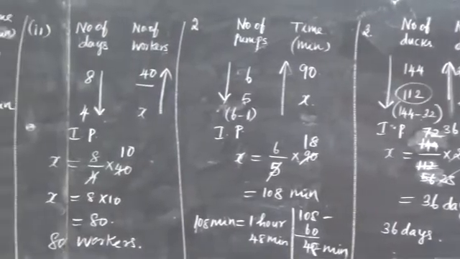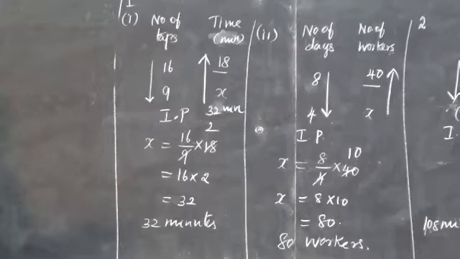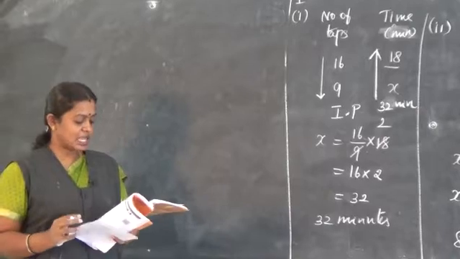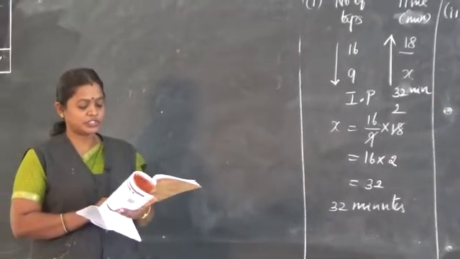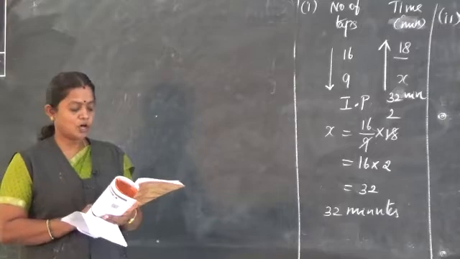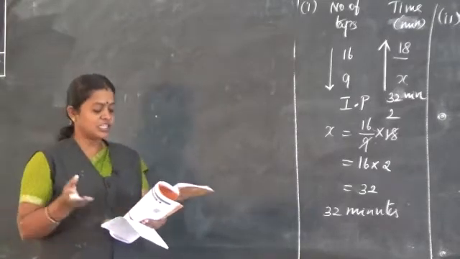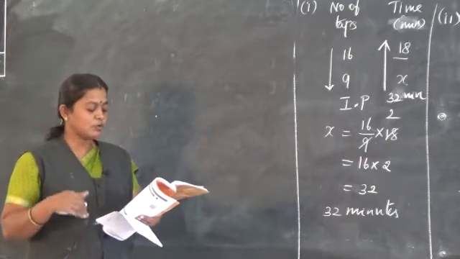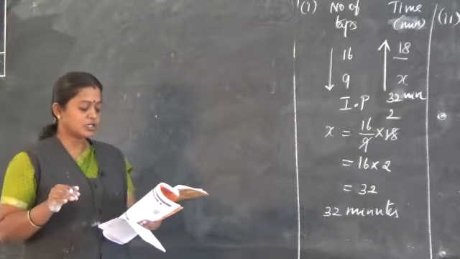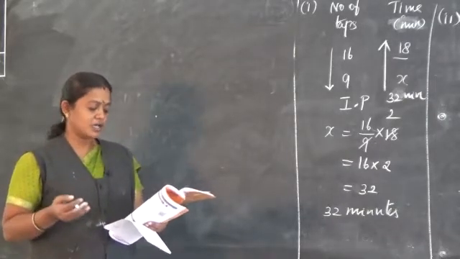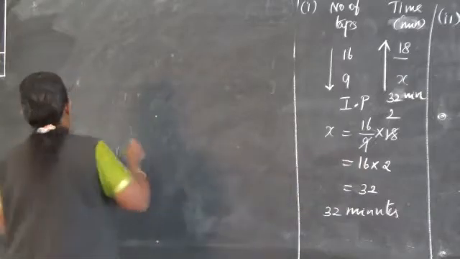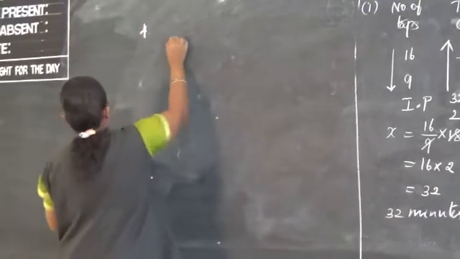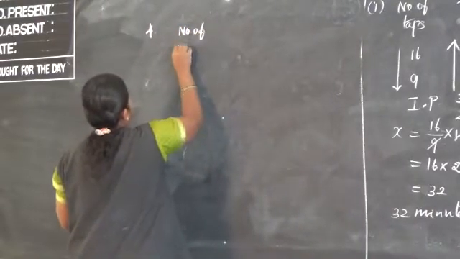Now come to the fourth problem. It takes 60 days for 10 machines to dig a hole. Assuming that all machines work at the same speed, how long will it take 30 machines to dig the same hole? How many machines do we have? 10 machines. If 10 machines dig, we will complete the work in 60 days. Now you are including 20 more machines. So 30 machines are working, so we can complete the work in fewer days. So here the number of machines is increasing, definitely the days will be decreasing.